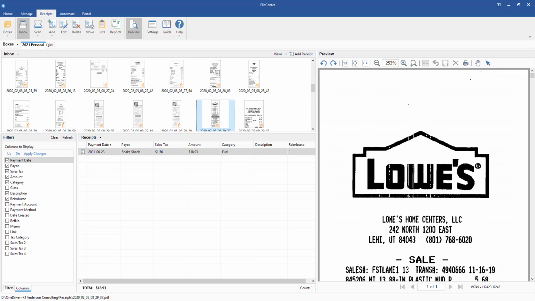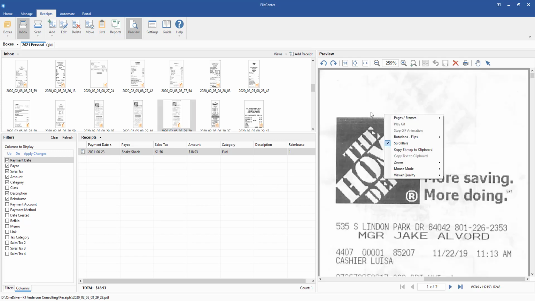Okay, so can you delete pages with multiple page receipt? Yeah, so if you were to have a receipt and you did both front and back at the same time and one side was blank, you can go in there, and when you come over on the preview window of your receipt, if you push Control T as in Tom,